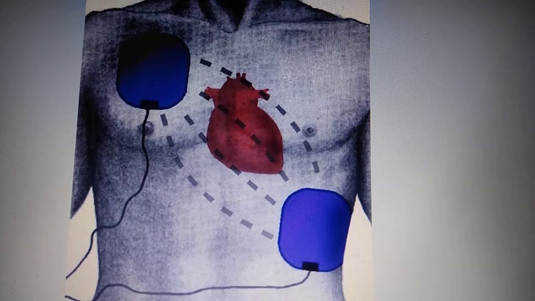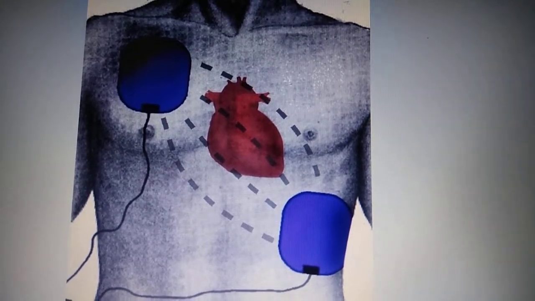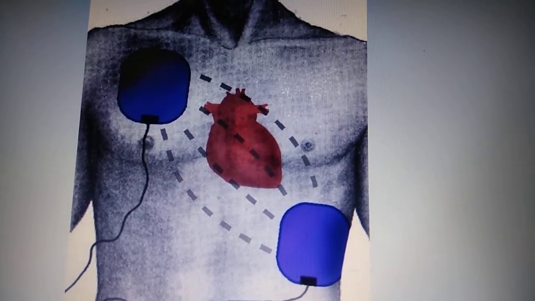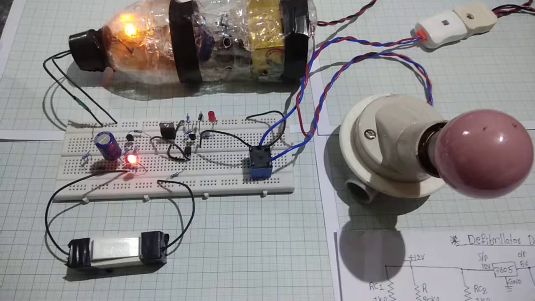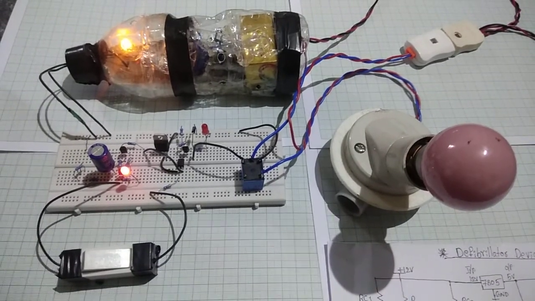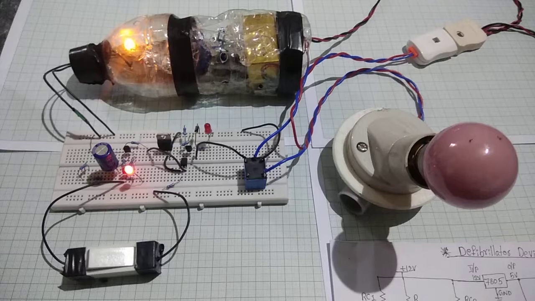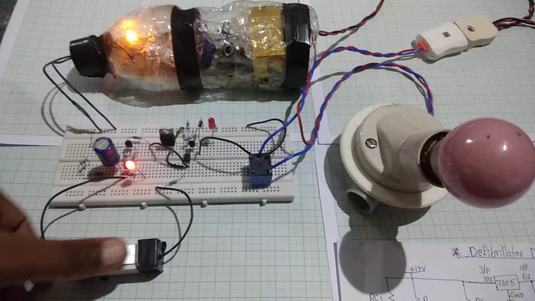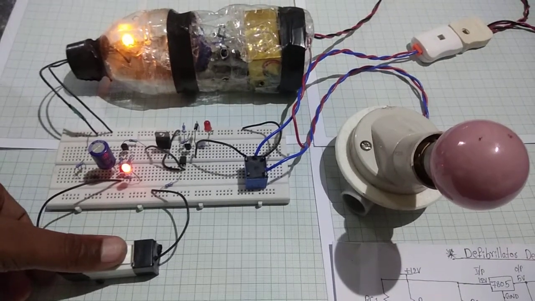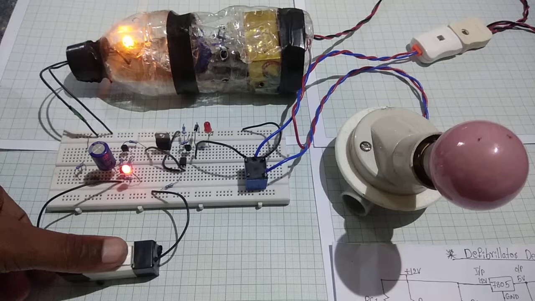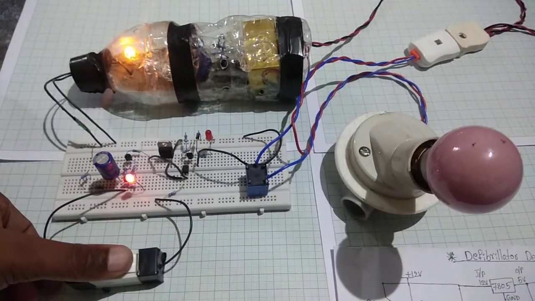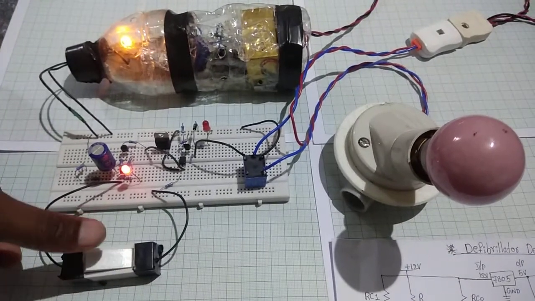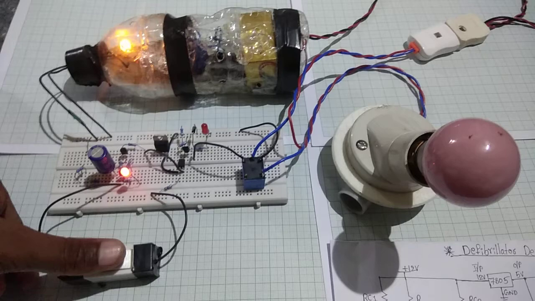I mean a basic prototype circuit of a basic defibrillator device which I designed and prepared. I will show you right now in practical. This is the practical circuit of the defibrillator device which I prepared to generate a short-duration high electric shock. In a defibrillator there is one button to give an electric shock. When I give a trigger pulse from this button, it will generate a high electric shock for the respective duration. You just observe this.